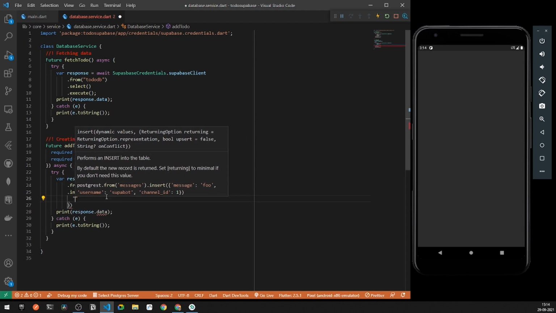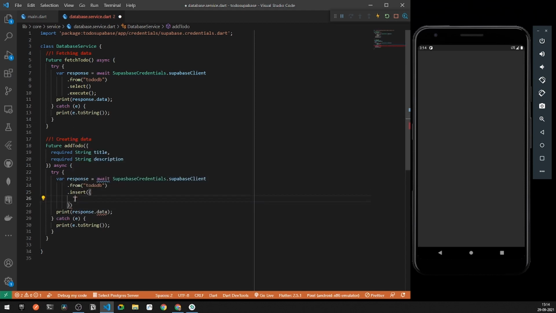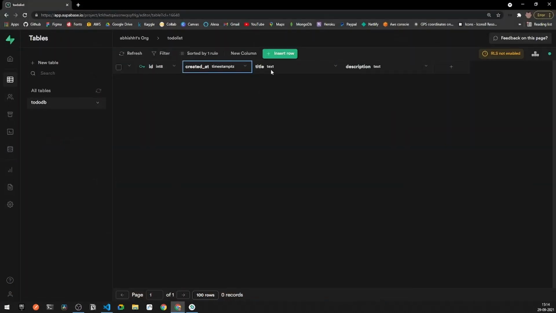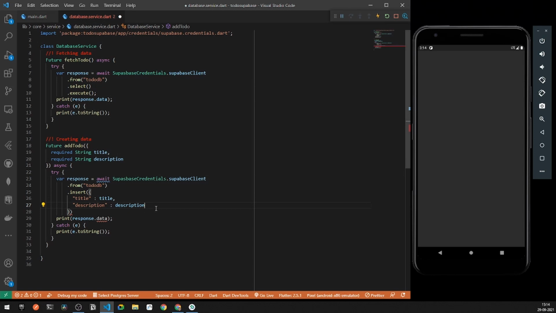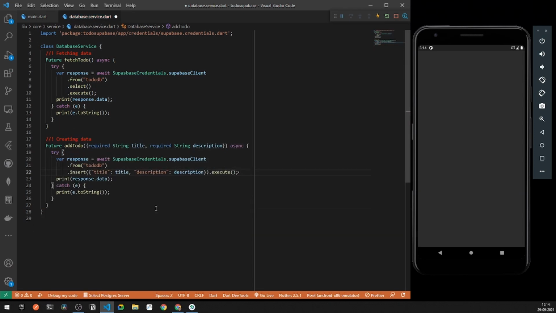Under my body, the first key of the following body will be a JSON. So under my following JSON, I will have a key to be title, because we have our column name to be title, and the following value will be the dynamic title. And after that, I will also have a description, and under description I will have a description value itself, right? Because you can see under my database we have got two different keys of title and description. And once we have done this, I can say execute. Once the following thing is added, simply say execute.